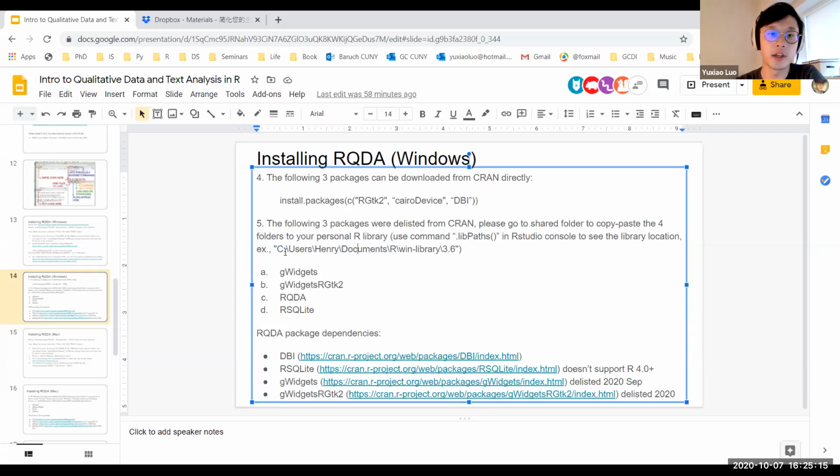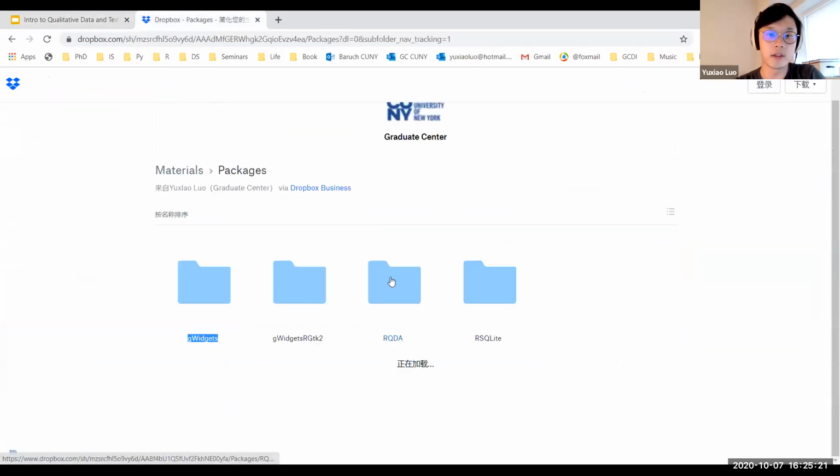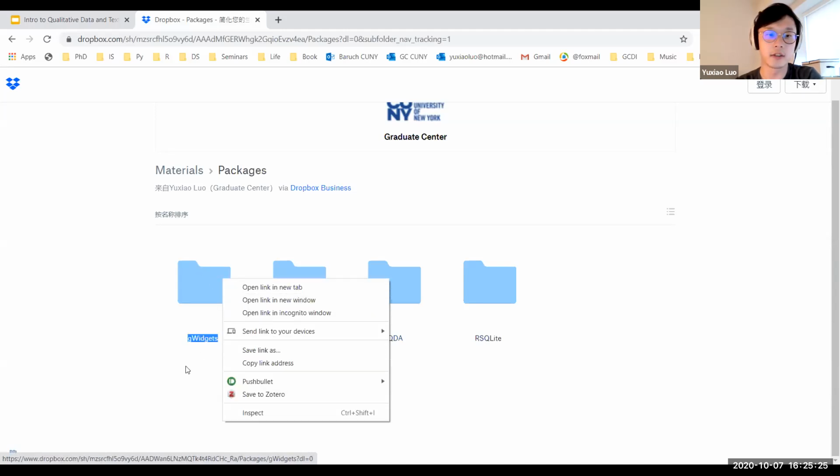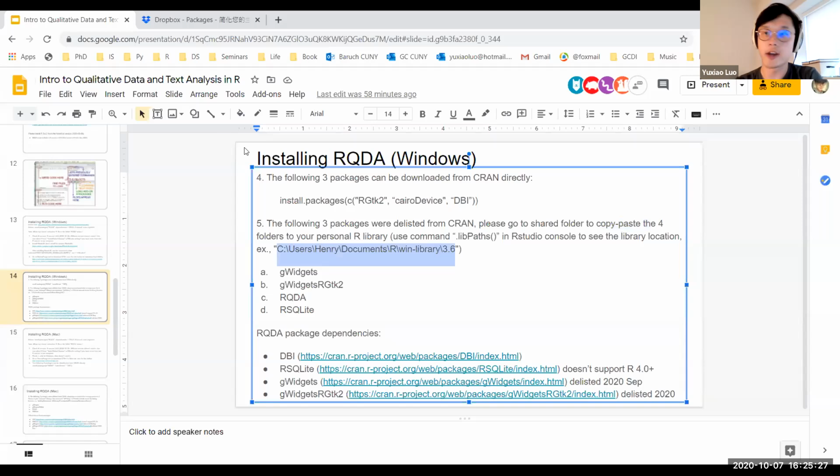For example, this is my library location. You download the folder, and one folder is one package. You just drag or copy and paste the folder to this path, which means the package is manually copied to that library location, and then you can just run it in